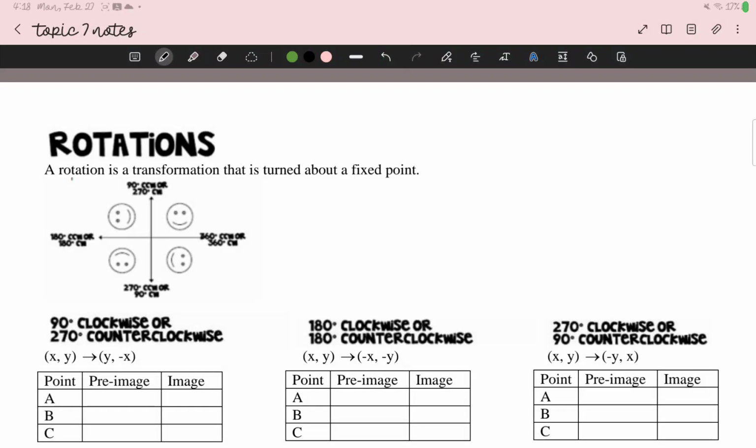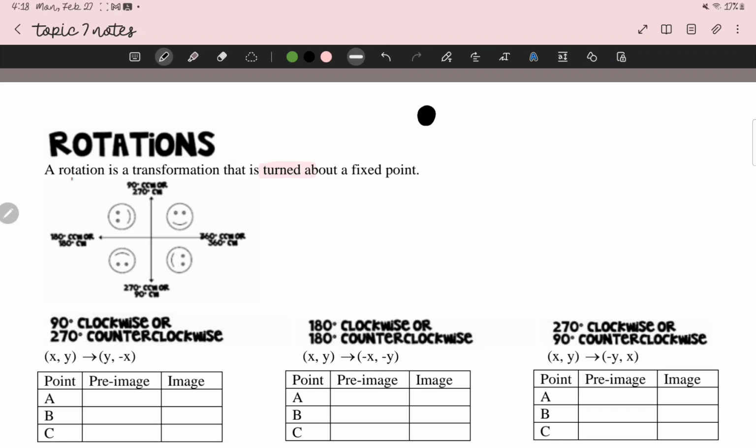This is our rotations lesson. So first off, a rotation is a transformation that is turned about a fixed point. Of course, just to make it easy for you, a rotation is a turn. Okay, and just as a review,